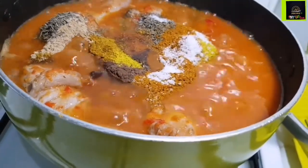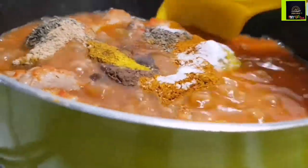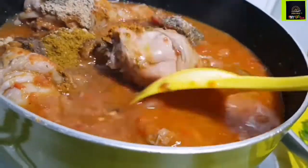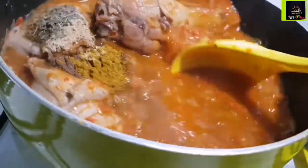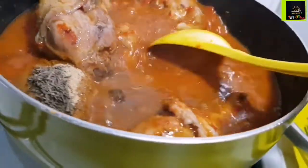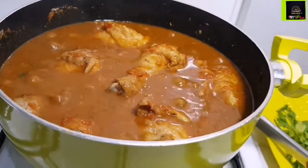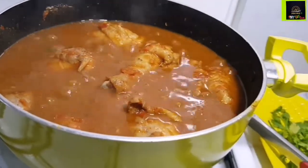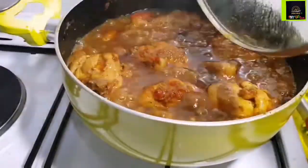You can go crazy with this recipe. You can add sausages, you can add minced beef, you can add chicken stock, you can do whatever you want to do with this recipe. You can drop in some potato pieces and it will still be fantastic. I used what I had available, but I tell you, if I had my other ingredients, I would have gone crazy. All right, so we are going to season to taste for salt,